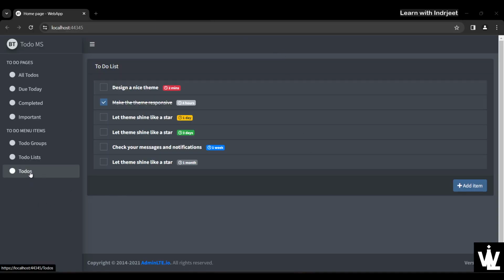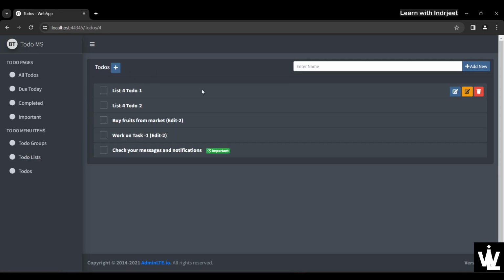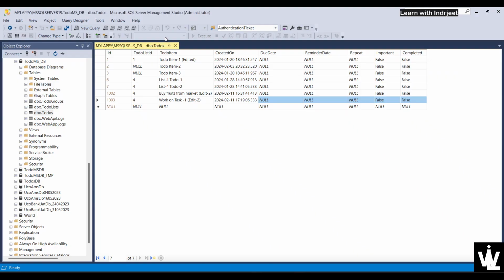So on the to-dos page, let's go to the to-do list, and in the test list 4 we have our item, check your messages and notifications. It is marked as important. Let's get hold of it in the database also. So check your messages and notifications, the created date, the due date, and the reminder date is there. So it is showing as 5/24, but it should be 17/24 in the database. Okay,